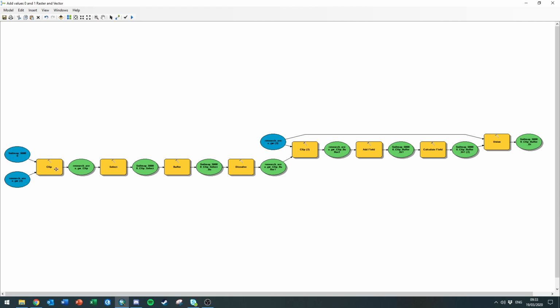So I've used a soil map which I've clipped to the research area. I've selected water. I've created a buffer of 250 meters around the water, which I dissolved, then clipped back to the research area to make sure that none of the buffers extend beyond the research area. Then I've added the field, water suitability, and then I've calculated saying this is considered suitable, unioned, and if I look at my final result,